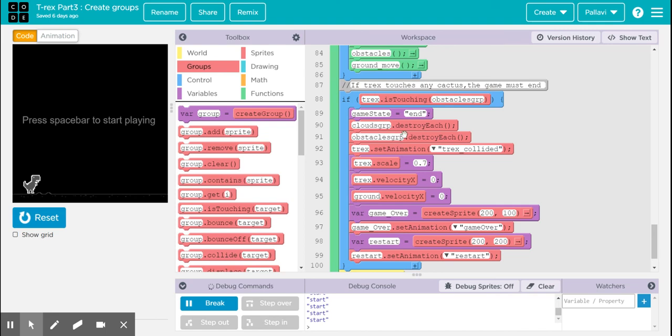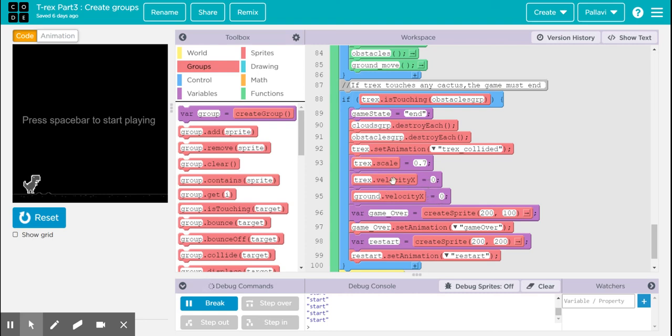Because it is a group, you have to destroy all the sprites which are in that group. And then I'm also changing the T-Rex sprite animation to T-Rex collided. And then I'm also changing the scale, and the velocity of the T-Rex will become 0 and ground velocity will also be 0.